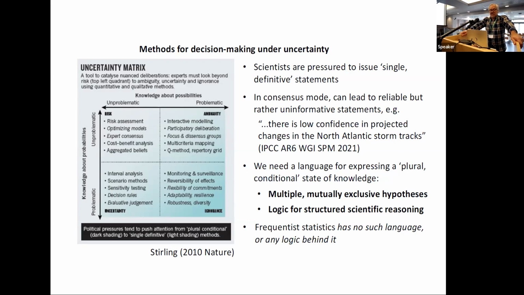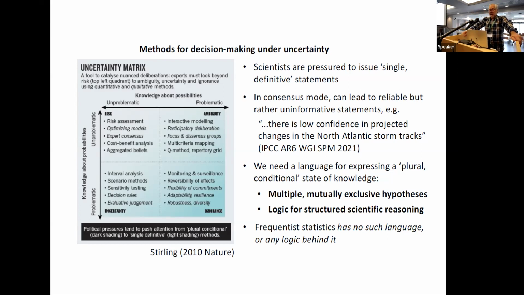But as the knowledge about the possibilities or the probabilities becomes more problematic, then you move down to the lower or the left or the right or the lower quadrant of this matrix. And of course, there are many situations that are like that, and there are methods that deal with those things. But he makes the point that scientists are often under political pressure, but it could be pressure from journals that want a very single definitive headline or all sorts of things that try to push us into the upper left corner where we issue single